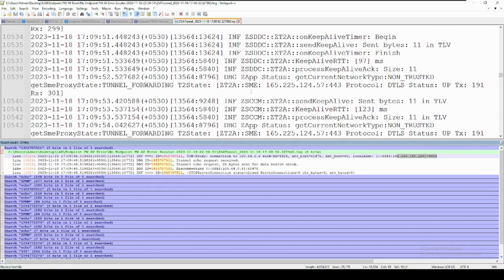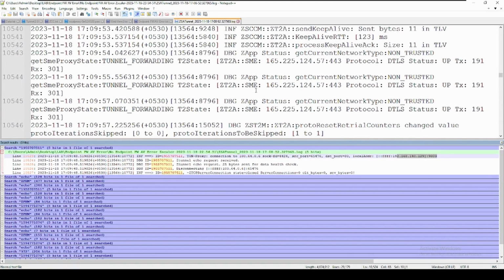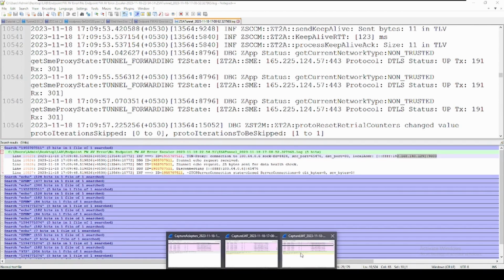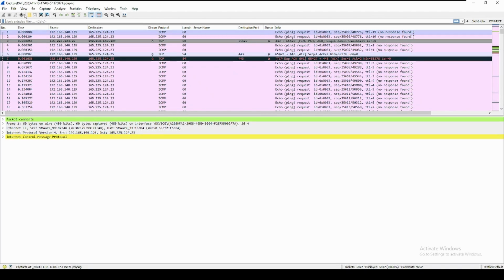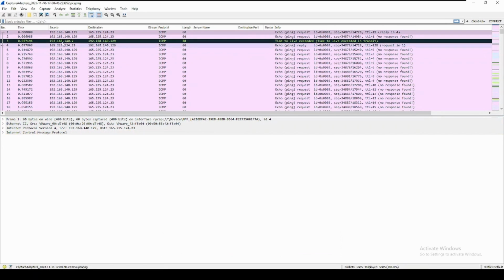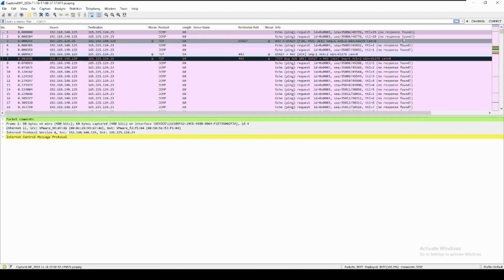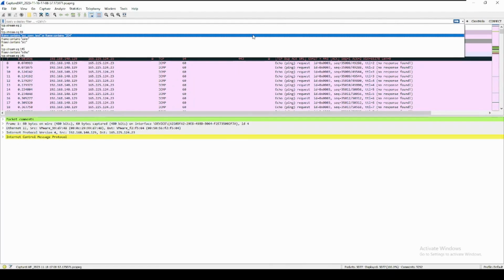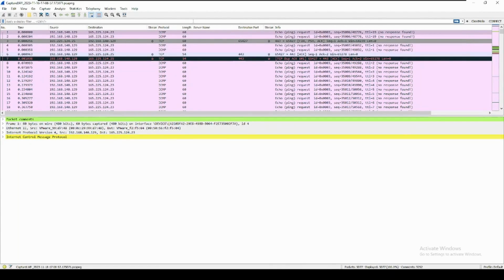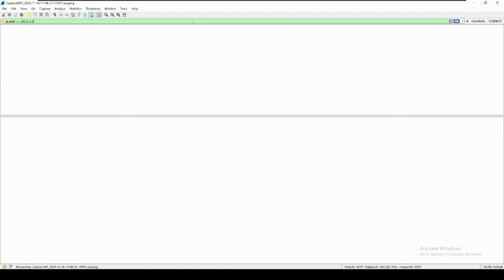So let's not go into more detail on this, but let's check the Wireshark captures for the working case. Let me open it. You will have the LWF captures and the physical adapter capture. We will be looking into the LWF captures, and the IP we're interested in, since we're checking for the firewall block, is